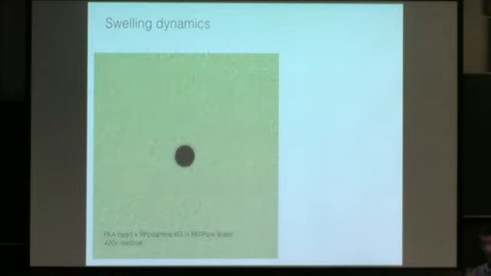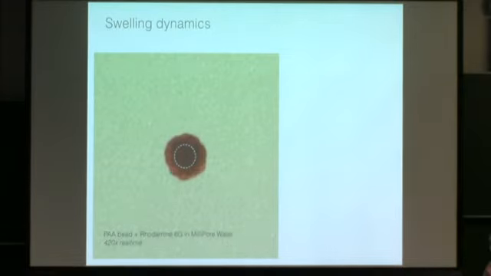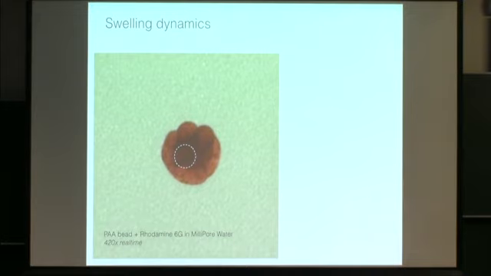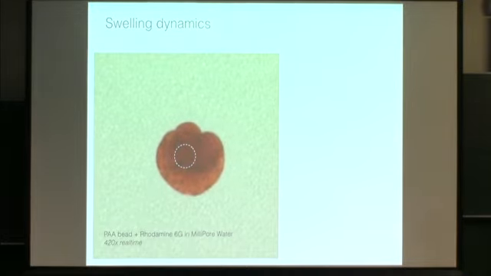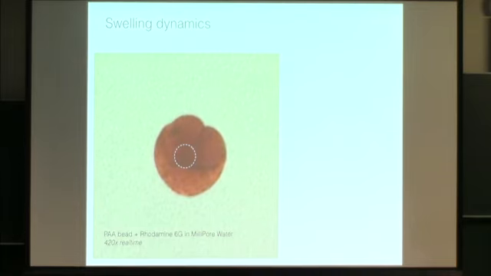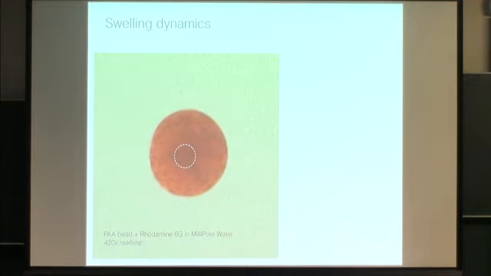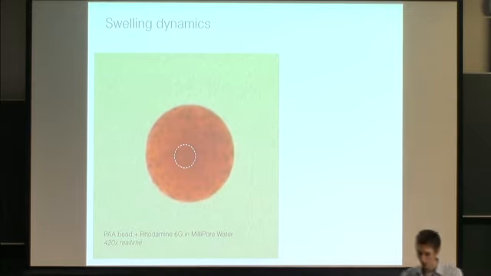So this is a not particularly good movie of the swelling of one of these beads. So this is the initial state. And what we do is we stick it in some water, and then we just make a movie of what happens. So this is what happens. So there's 2 things that I think are worth noting about this movie. So the first thing is that the bead grows by a lot. So its radius, it says this on the next slide, but I want to wait for the movie to finish. Its radius increases by a factor of almost 5, which means its volume increases by a factor of something like 100. And additionally,